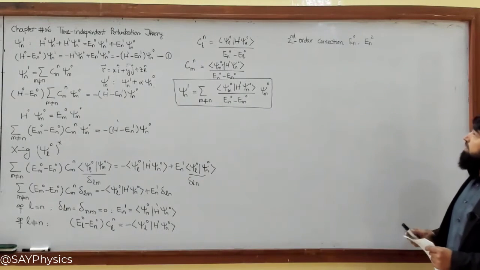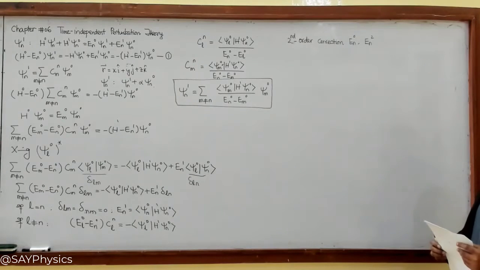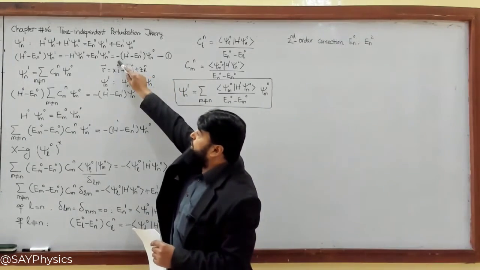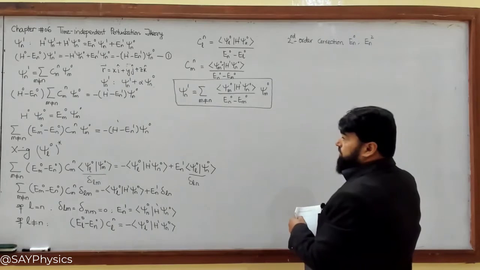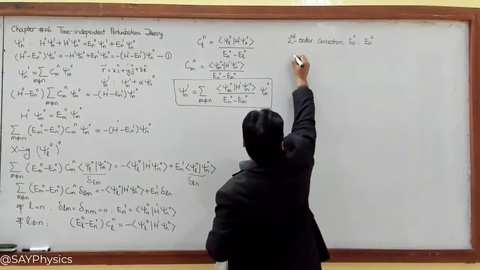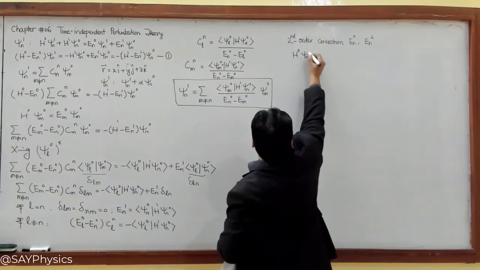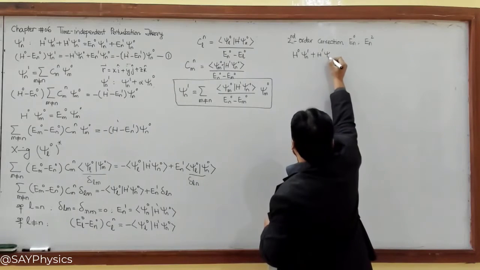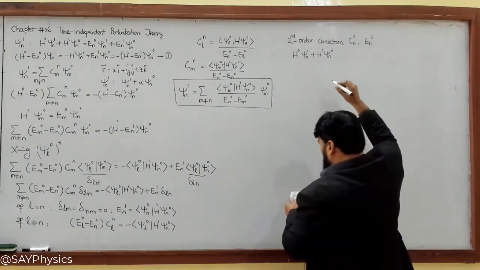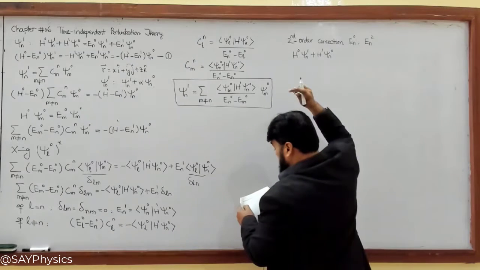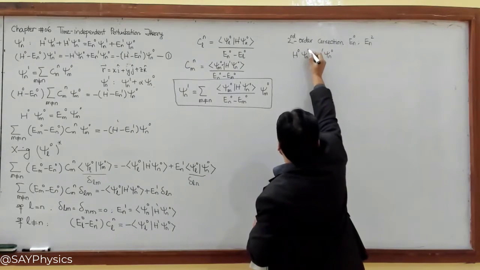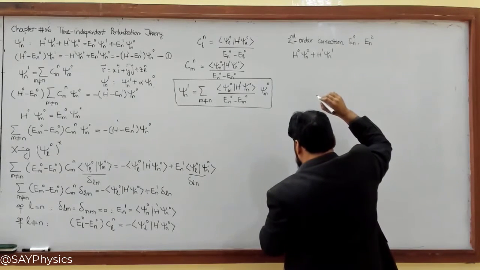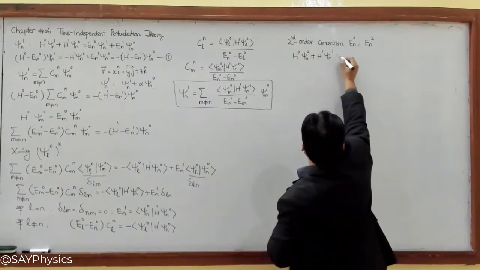Now we will find the second order correction to the energy, En2, and for this we will again consider the first order equation, H0 psi n1 plus H prime psi n0. So we will consider the second order equation here. This is 2 here and this is 1 here. The second order equation that we will consider is